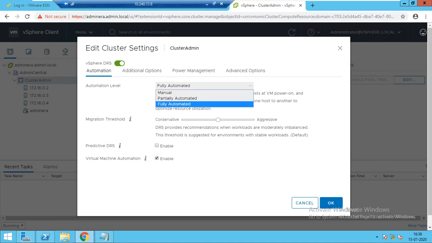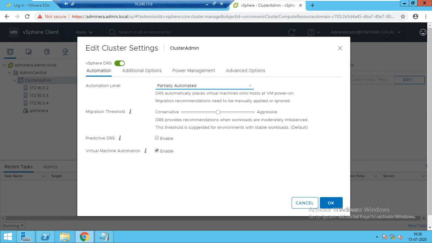In partially automated, it will determine that this machine should be migrated, and it will recommend to you, should I migrate to this host? If you say yes, then it will migrate, otherwise it won't migrate. So it will check the DRS, it will recommend to you, but it will not migrate.